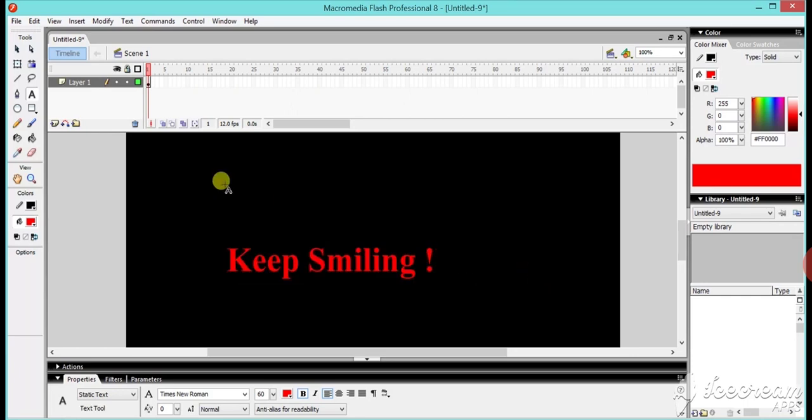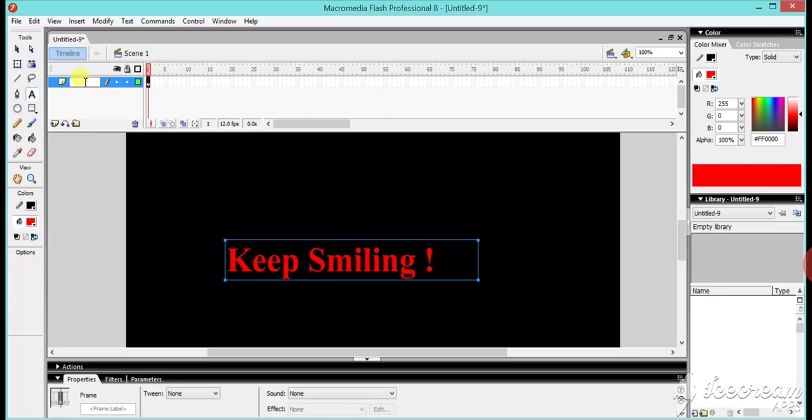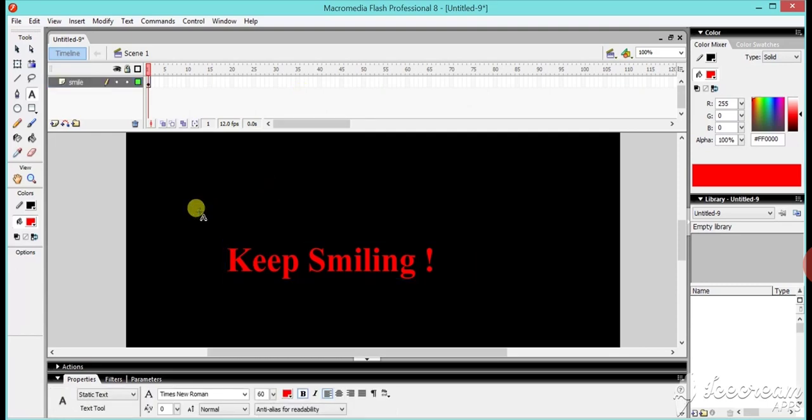Then after, see here we change the layer name to smile. Then insert one more layer and name it mask.